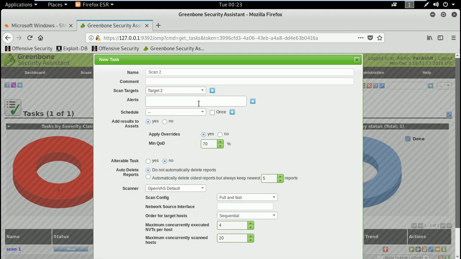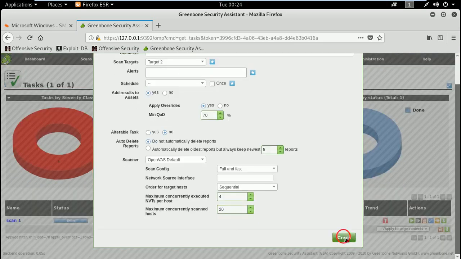Okay, and now we don't want to create any alert or anything, so let it be as it is. And if you want to schedule it at a particular time, you can do that as well, but we don't want to schedule it, so let it be as it is. All right, so we'll keep this result as it is. And yeah, there are two scanners, CVE and OpenVAS default, so we'll keep this as the default,